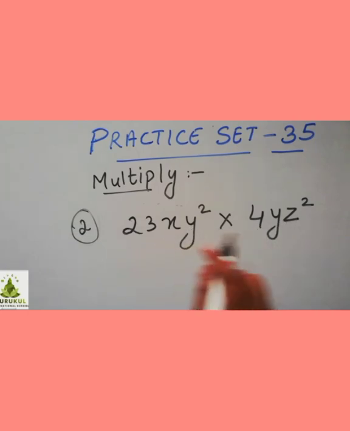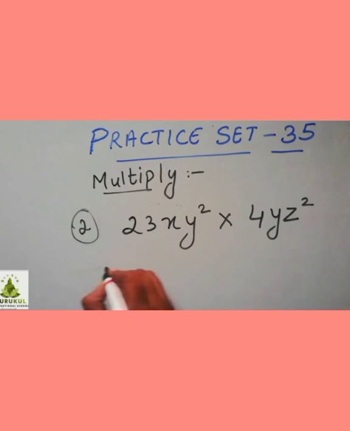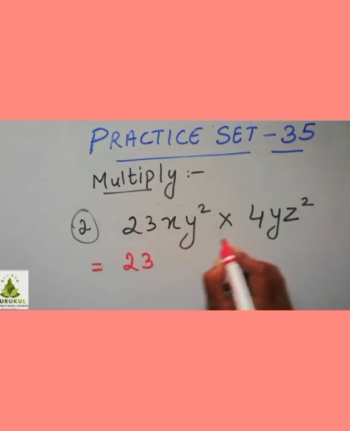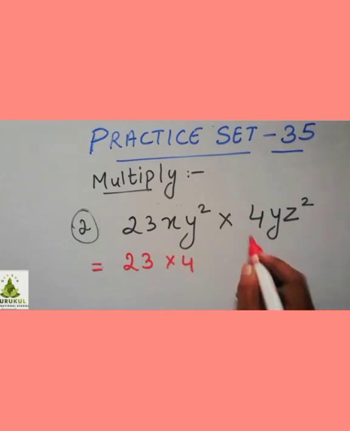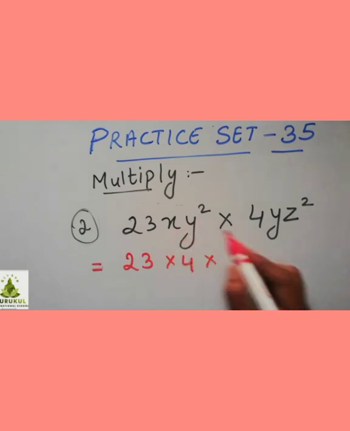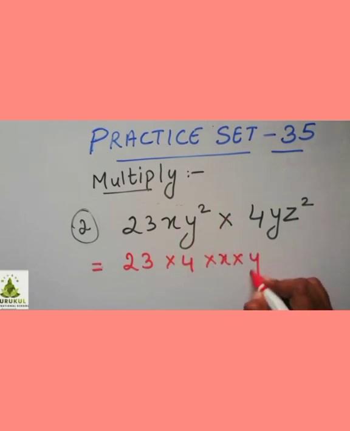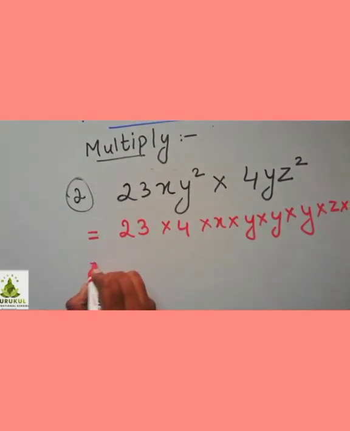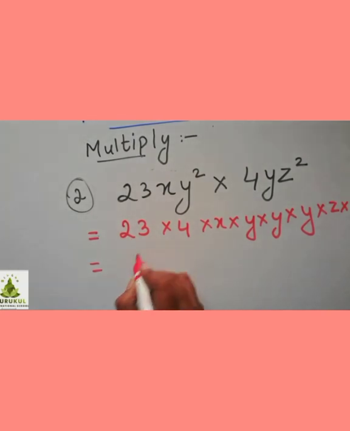Now when it is multiplication of monomials, you know how to do it. The second step is to multiply the coefficients. So what will you get here? What is the coefficient here? 23, and from here what is the coefficient? Into 4. 23 into 4, and multiply the variables. Now here x into y square, meaning y into y, is y square, into y, into z square, meaning z into z. Is it clear to you? So now what are you going to get? 23 into 4. How much are you going to get? 92. Multiply it and see.